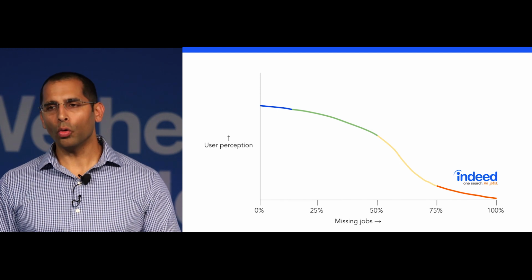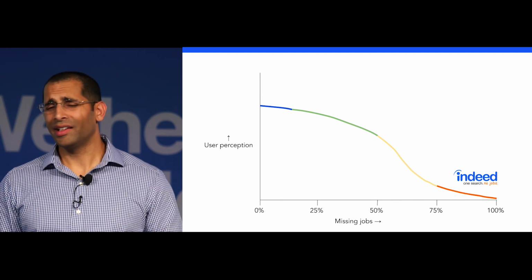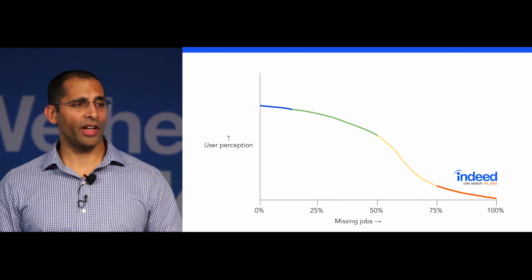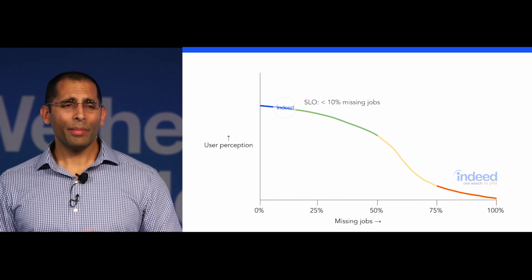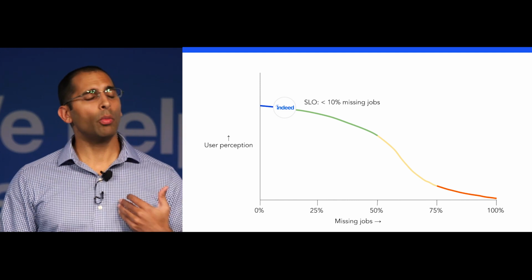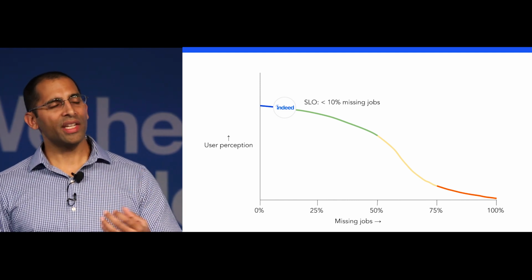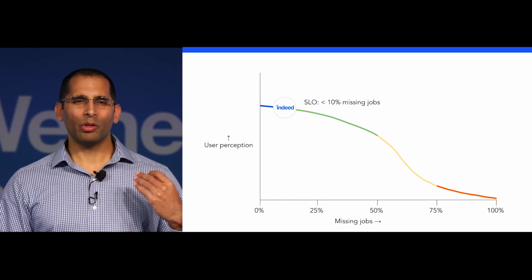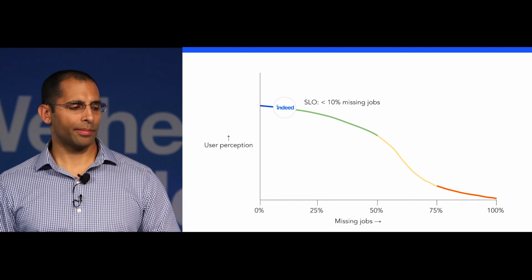We can't even do the logo right. It's in Comic Sans. Who does that? This just stinks of unprofessionalism. So we might set our target as being less than 10% missing jobs. We want to be true to what we say. If we say one search, all jobs, we've got to be really close to having all of those jobs.